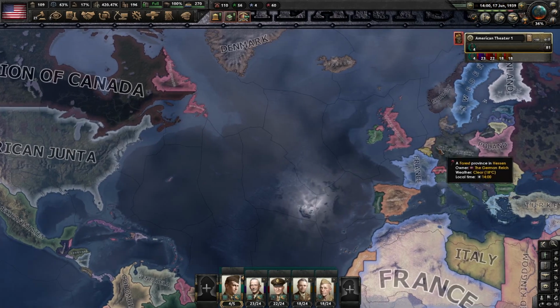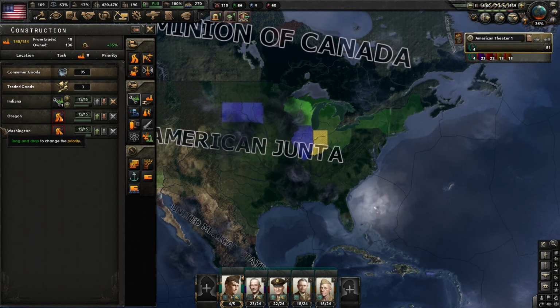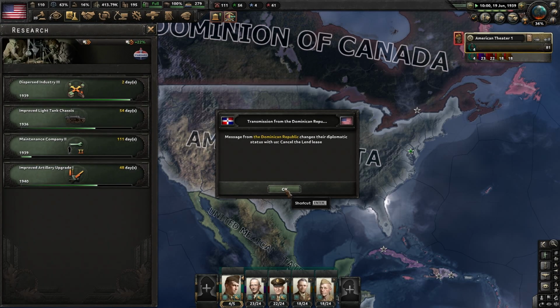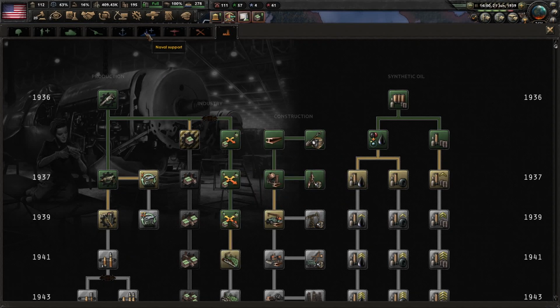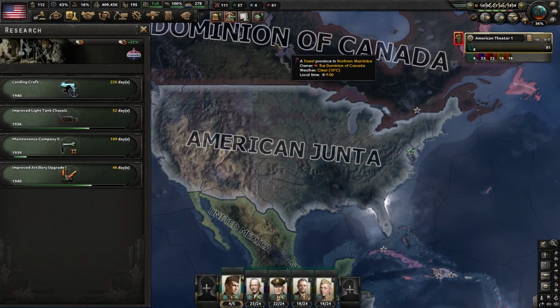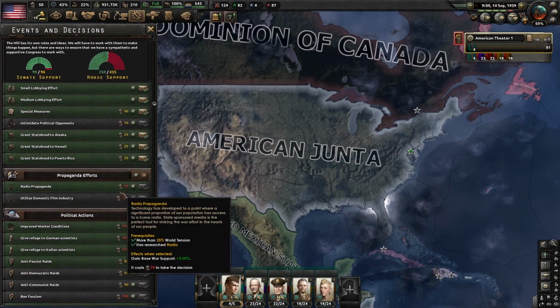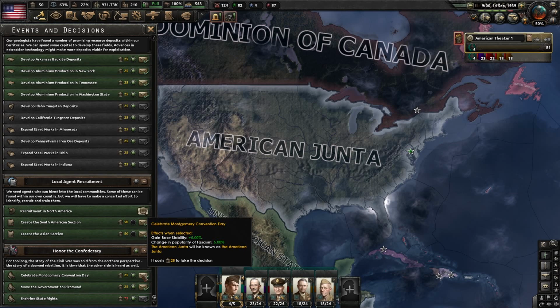We and Germany and Italy will surely be able to overpower the UK's fleet, or at least overpower it for long enough that we can naval invade them. Speaking of naval invasion, here's a free slot, and let's research landing craft. Now honor the Confederacy is done, and now we should have some decisions, yep, to celebrate Montgomery Convention Day